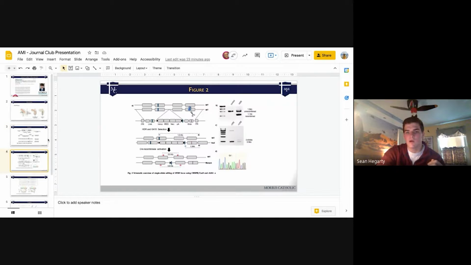And so they went and tested it. And figure 2, don't worry about part A. It's a very confusing figure. It doesn't make much sense. But part B,